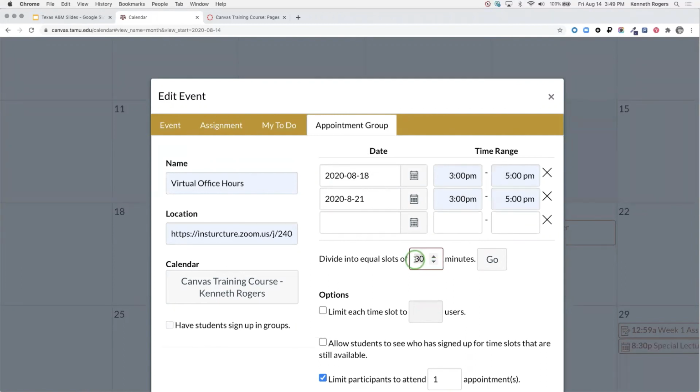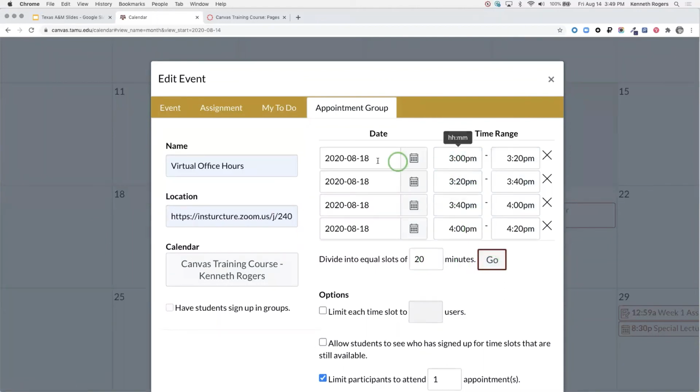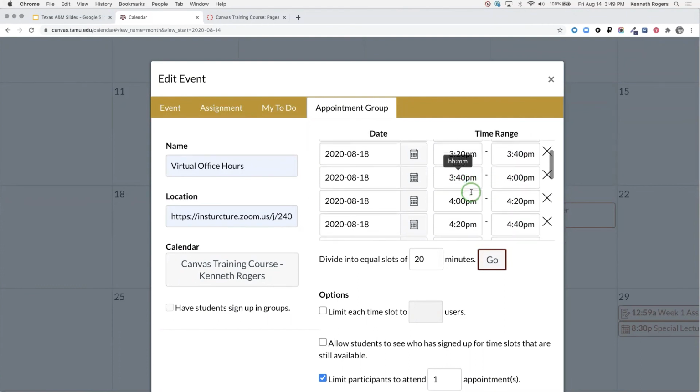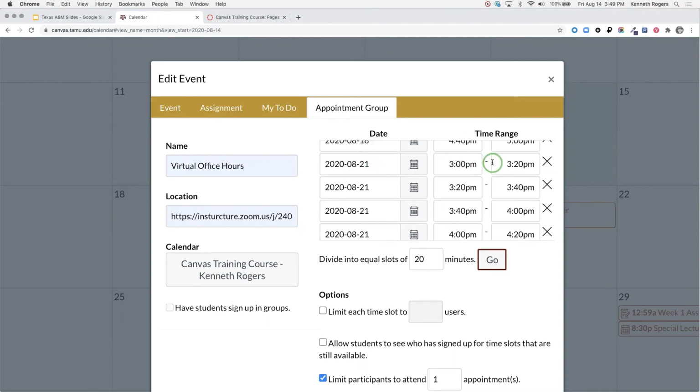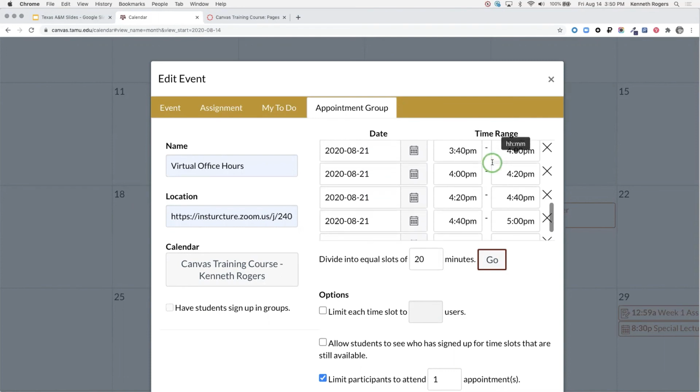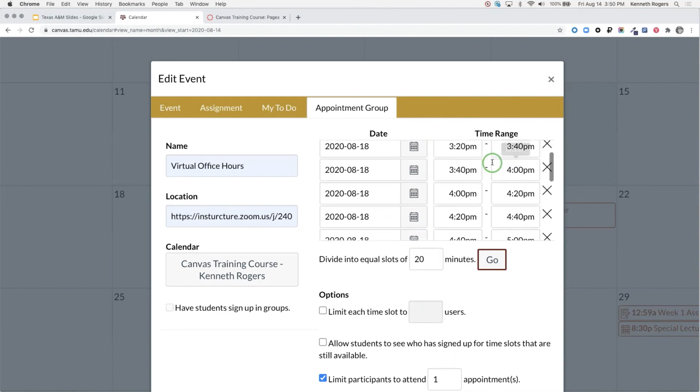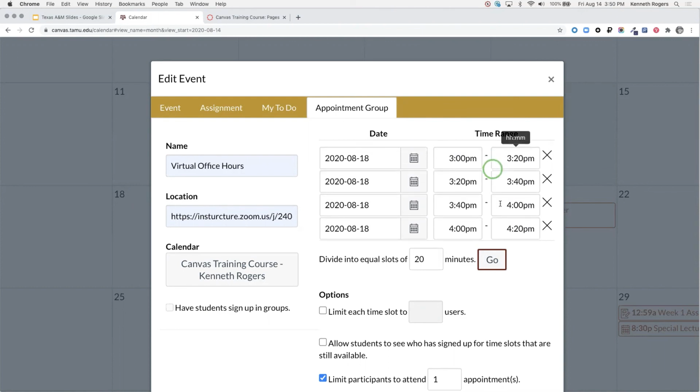And we're going to give them 20-minute blocks. Okay? All I'm doing is putting in the dates of my office hours, putting in the time range. Down here, I'm putting in how I want to split these time ranges into these blocks. Okay, I'm going to click go. Now look, the 18th went to 3 to 3:20, 3:20 to 3:40, 3:40 to 4, so on and so forth. All the way down to the 21st, 3 to 3:20, 3:20 to 4, right? All the way down. So it took those 2-hour blocks and broke them up into 6 sections apiece over the